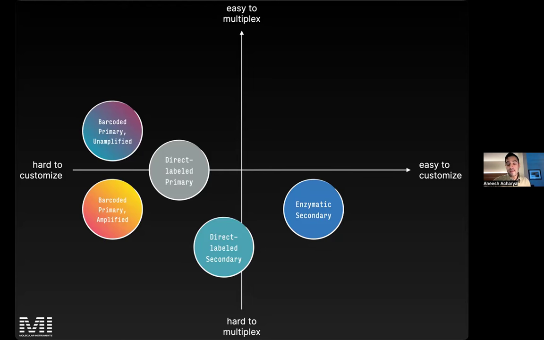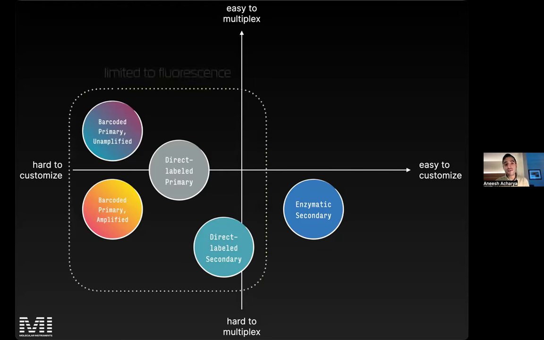And then finally, for us, the other problem with many of these methods is that they're all limited to fluorescence, except for enzymatic secondaries. And for MI, we spent a lot of time trying to bridge the gap between clinical deployment and studying embryogenesis, to put it simply. And if you don't have a way for a bright field readout to be possible, there's really not as much scope for clinical impact. So this is how we view the market in terms of technologies,